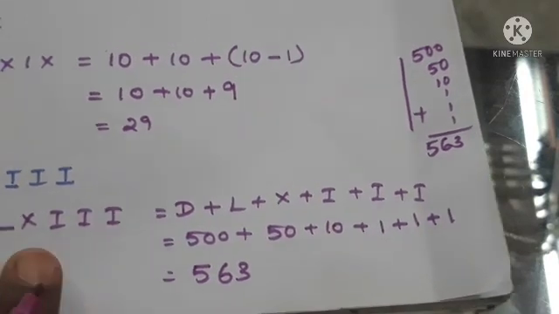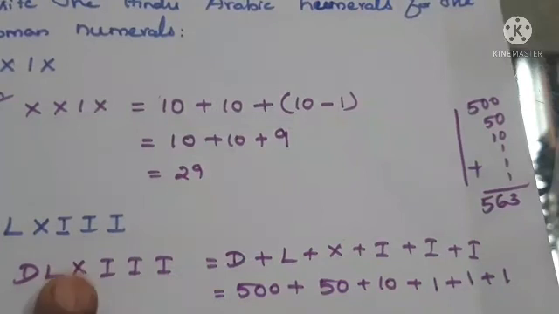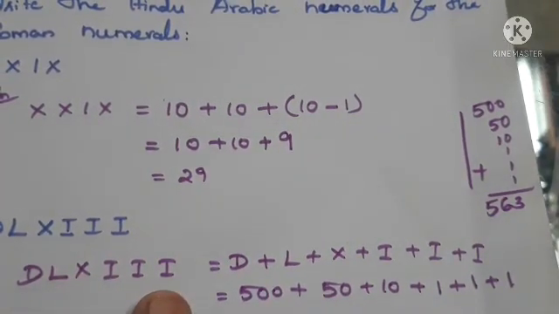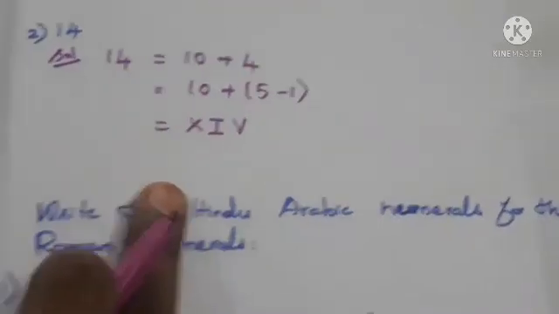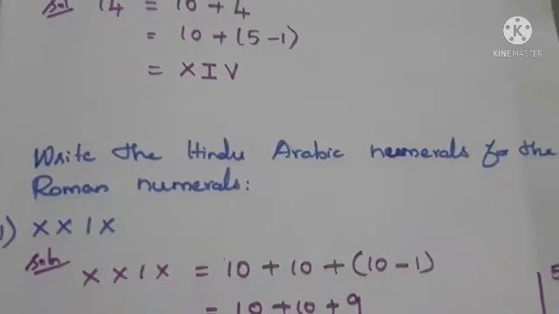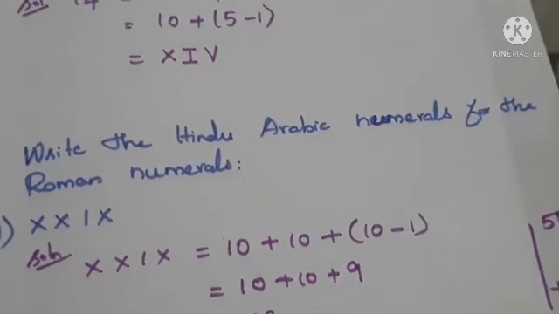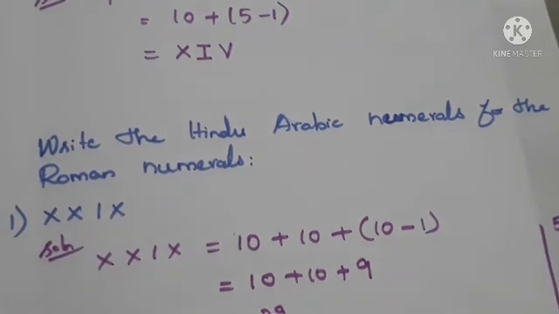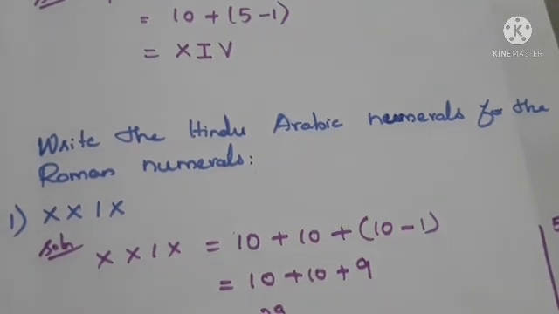So here we have written the Roman numeral as a Hindu-Arabic value. Here we have written the Hindu-Arabic as a Roman numeral. I hope you understand. So listen, you have to do the book exercise, everything, and we can discuss the book exercise for the first lesson and also the second lesson in the next class.